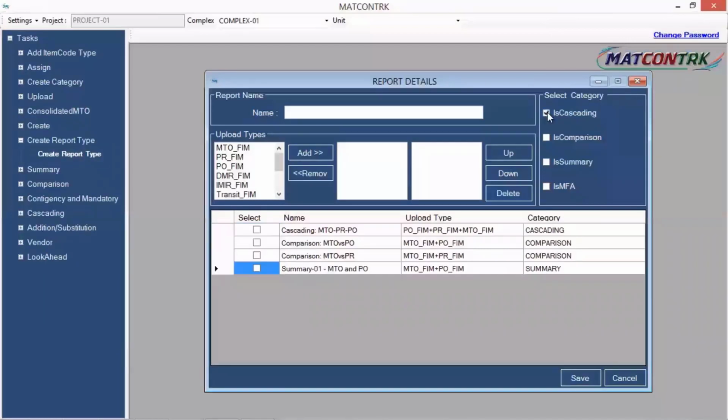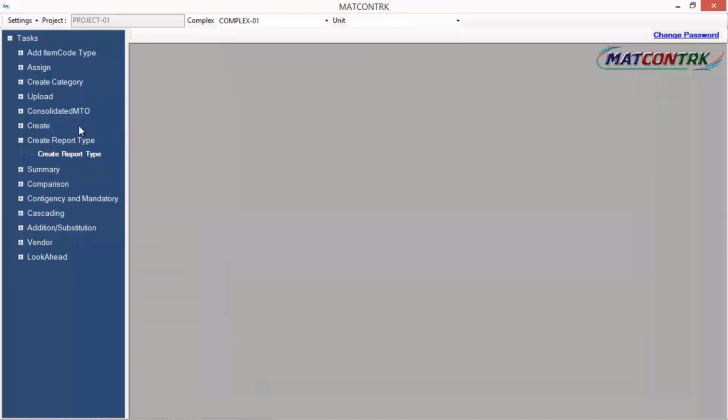So let's look at the reports. What are the reports we are generating from the MAT contract? This is the screen we are looking at, like a query builder screen. Here the user can define their custom choices, what kind of results they are looking to get. In the upload types, pre-data sets are available. We can use these data sets and generate any kind of summary or comparison chart. So there are 4 pre-templates defined over here.